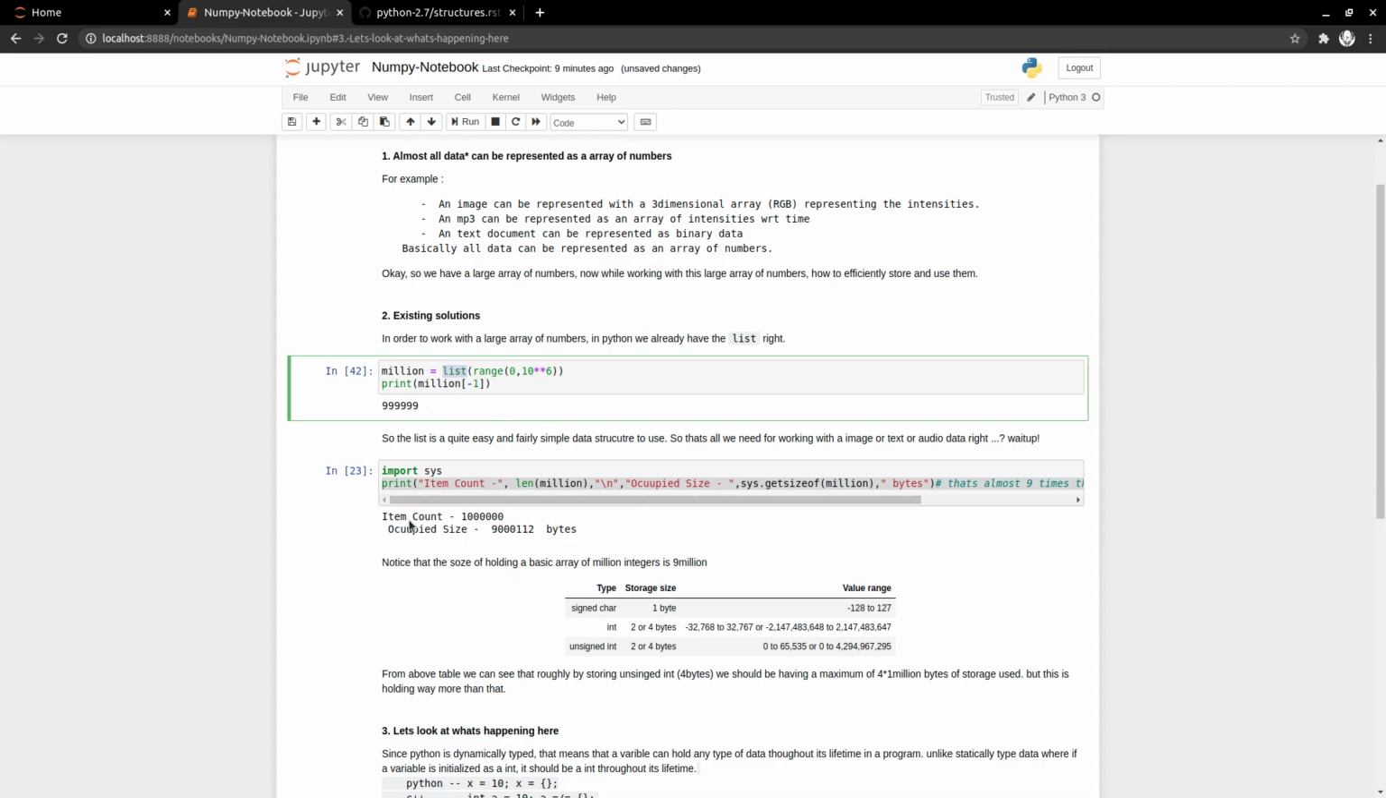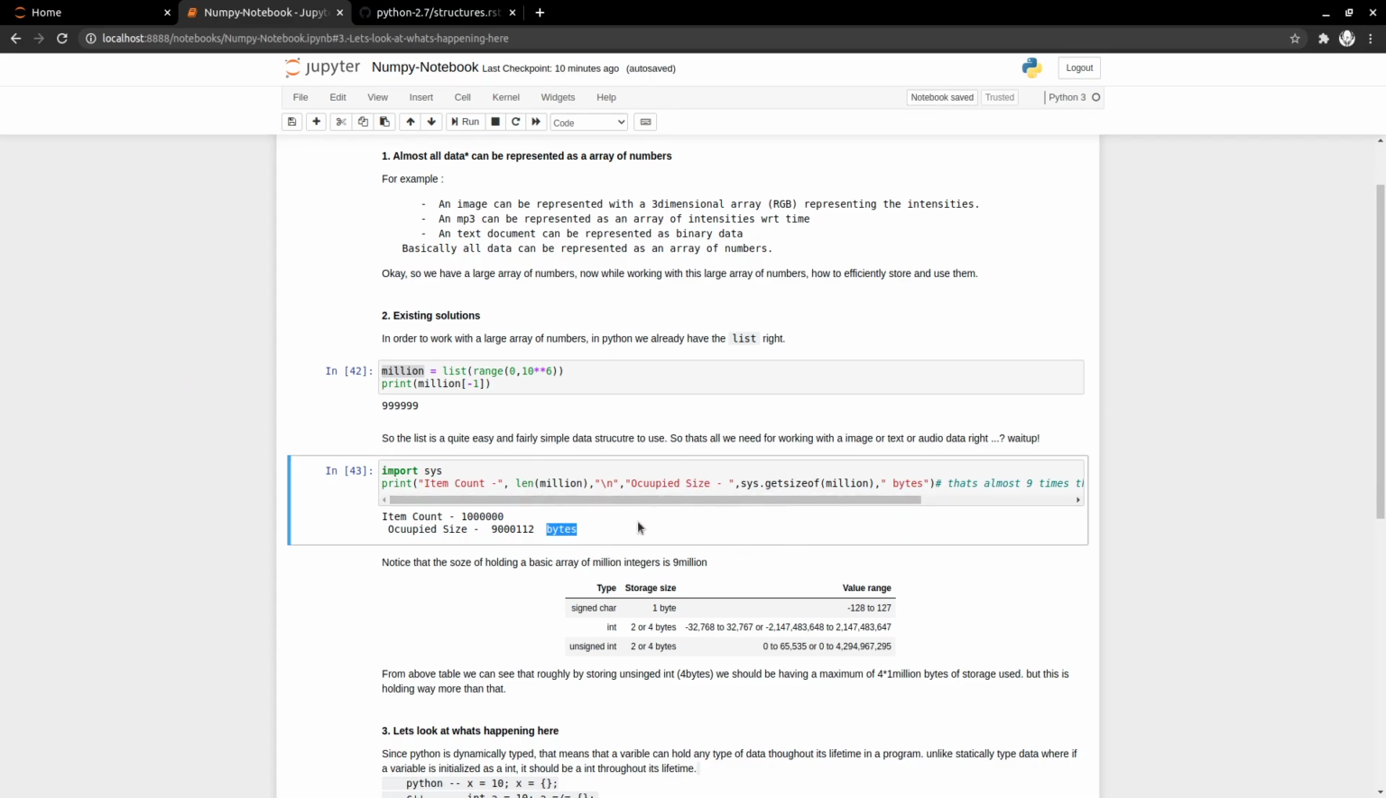Next, let's look at some more information about the list we have just created. If we print that information, we get to know that this list has a million objects, and it's occupying about 9 million bytes of memory. So in my RAM it's probably occupying that much memory. Fine, but that does not sound correct. If I'm storing just an array of integers from 0 to a million, excluding the last one,